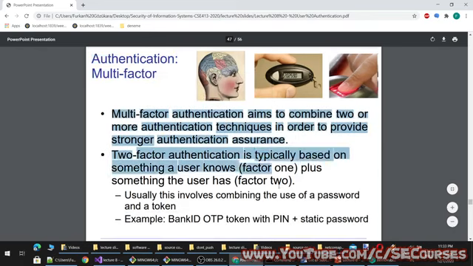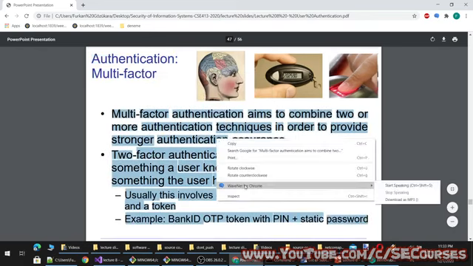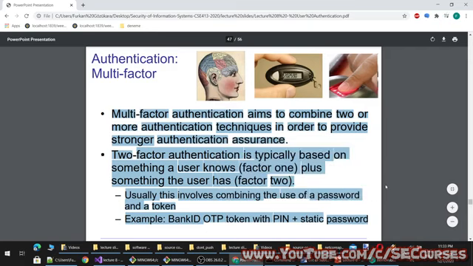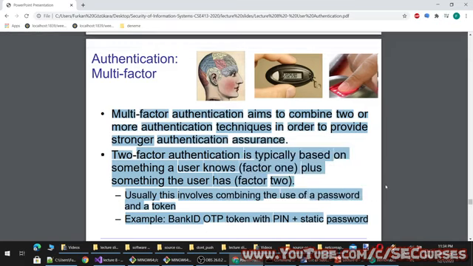Authentication, multi-factor. Multi-factor authentication aims to combine two or more authentication techniques in order to provide stronger authentication assurance. Two-factor authentication is typically based on something a user knows, factor 1, plus something the user has, factor 2. Usually this involves combining the use of a password and a token, for example a BankID OTP token with PIN plus